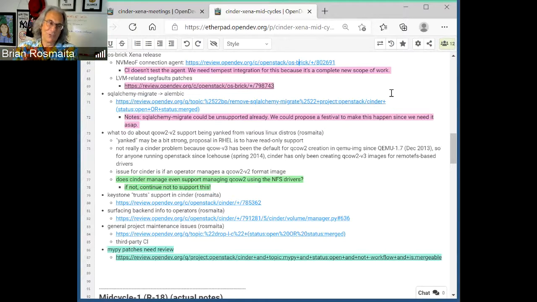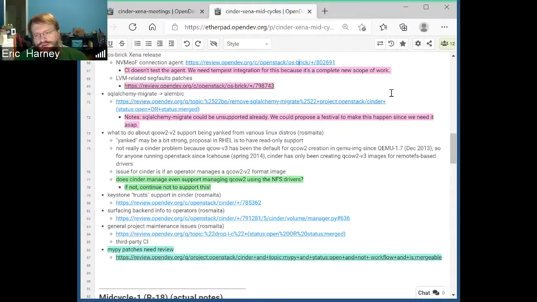I believe you can do this with service tokens, and if you can't do it with service tokens, then that's the way this should be fixed, not introducing this whole new thing of trust. I'm not clear on how well trusts are supported in Keystone to begin with, and I really don't want to introduce that complication into Cinder if you don't need to do it anyway. Yeah, I think we talked about this a while ago at some previous mid-cycle. So wasn't the notion that if you are using service tokens that are set up right, you won't have the problem that this is supposed to solve anyway?